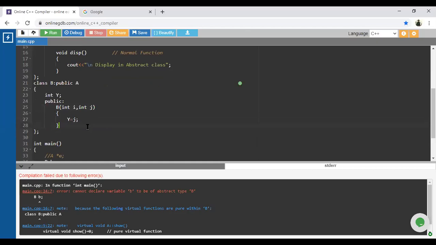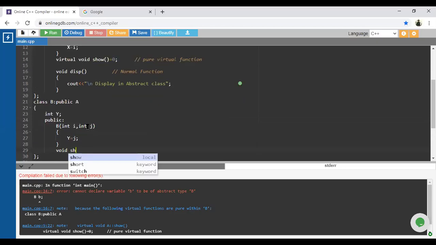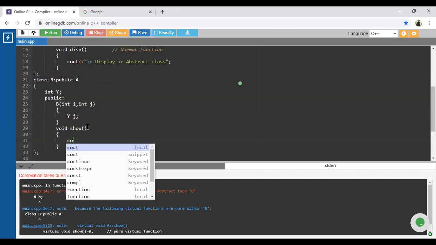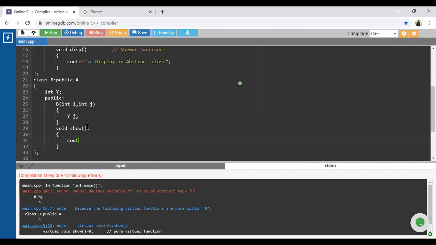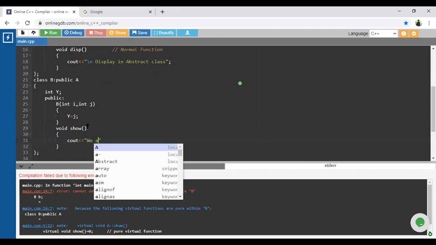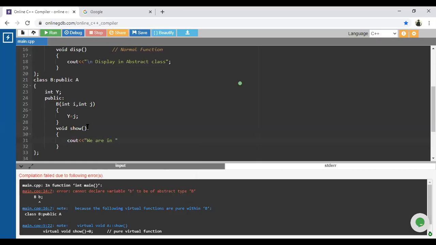Before moving on, I will complete this code. We have considered the pure virtual function show, so inside that I will write cout, we are in derived class. This is the explanation regarding this.